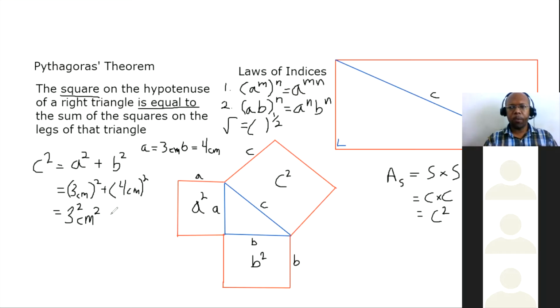Because when you have square centimeters or centimeters squared, you're dealing with area now. You're no longer dealing with a length, which is just 1 dimension. When you deal with area, you're dealing with 2 dimensions. When you deal with volume, you're dealing with 3 dimensions. Let me be more specific. 1 dimension deals with length, 2 dimensions deals with width and length, and 3 dimensions deals with width, length, and